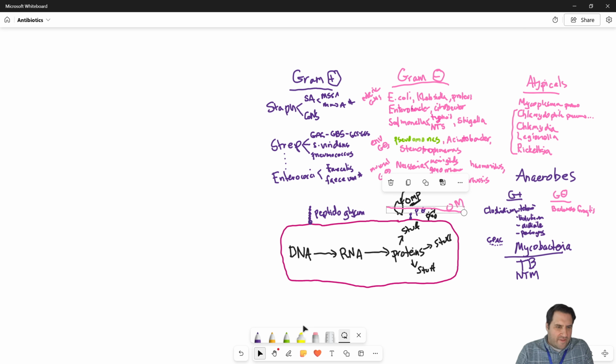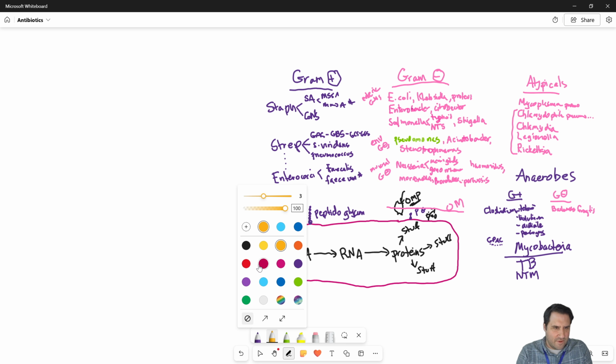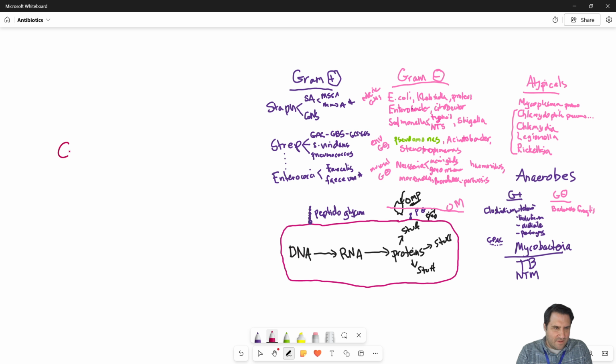Right, so the cephalosporins, let's pick a different color, shall we? Let's do this maroon. Cephalosporins. And the important thing about cephalosporins, uh-oh, I think my